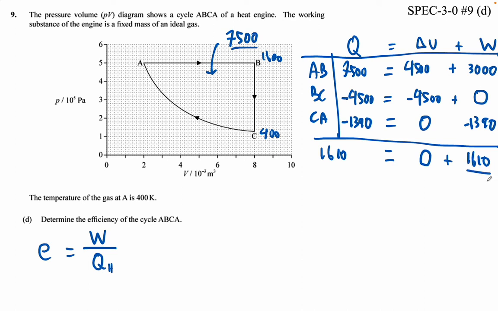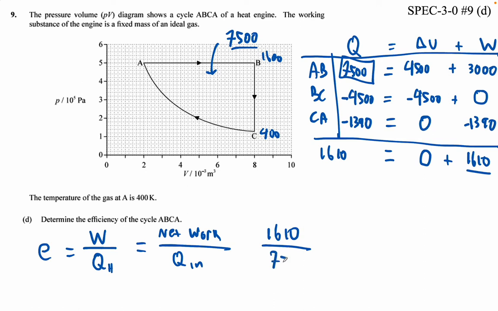So the net effect of this whole process is that 1,610 joules flows in, and we get that much work out, okay? Now, when you figure out the efficiency, you want to do the net work. This has to be the net work here. Not the network, but the net work divided by the heat in. The net work is 1,610. The heat that flowed in is this guy. That's how much fuel we burned, right? Okay, so 1,610 divided by 7,500